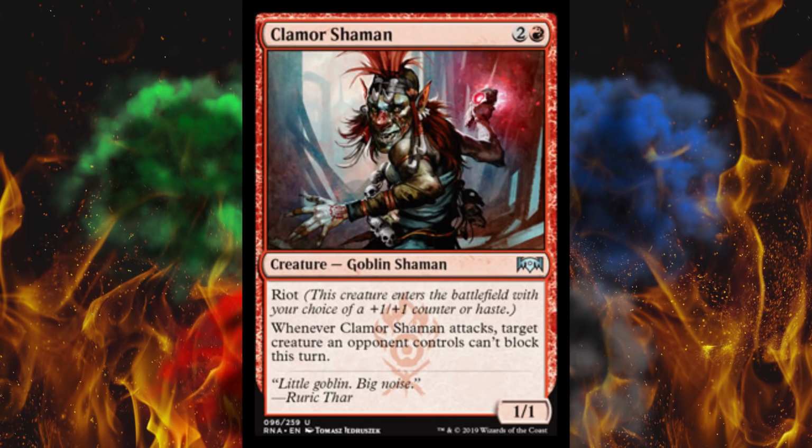Next up is Clamor Shaman. It's a 3-cost 1/1, so a little bit sensitive, but I mean, people don't have that much tuned damage. It's not like Izzet Drakes. So it dies to everything, but it does have Riot, so it could have 2 toughness and 2 attack, which I would recommend. And then whenever it attacks, target creature an opponent controls can't block this turn. So you could activate that over and over and over, and he'll effectively let himself through in some cases, but